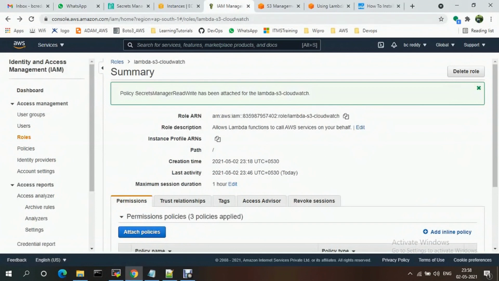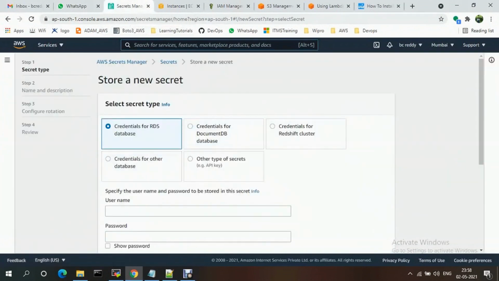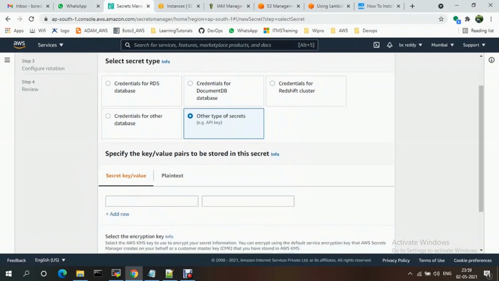Once you add it, if you go to Secrets Manager, you just need to create a new secret. If you have RDS database details, or credentials for a DocumentDB database, you just need to select that type. Mine is installed in EC2, so I'm selecting other database type of secrets.